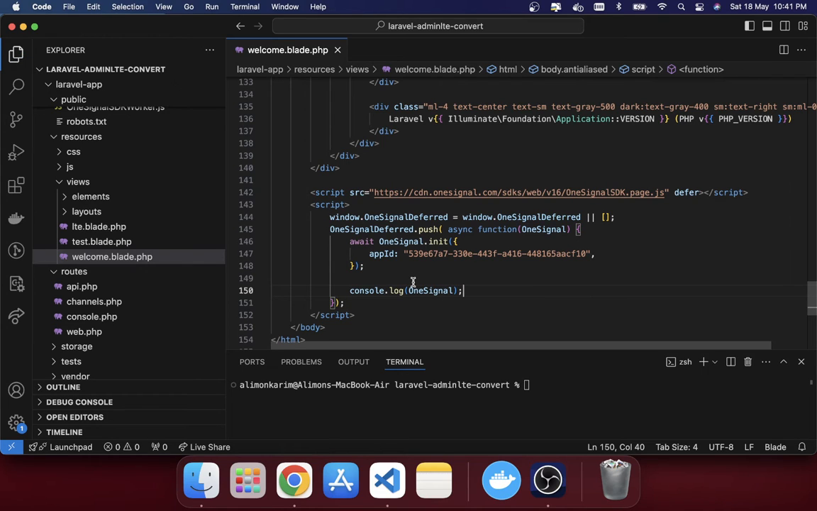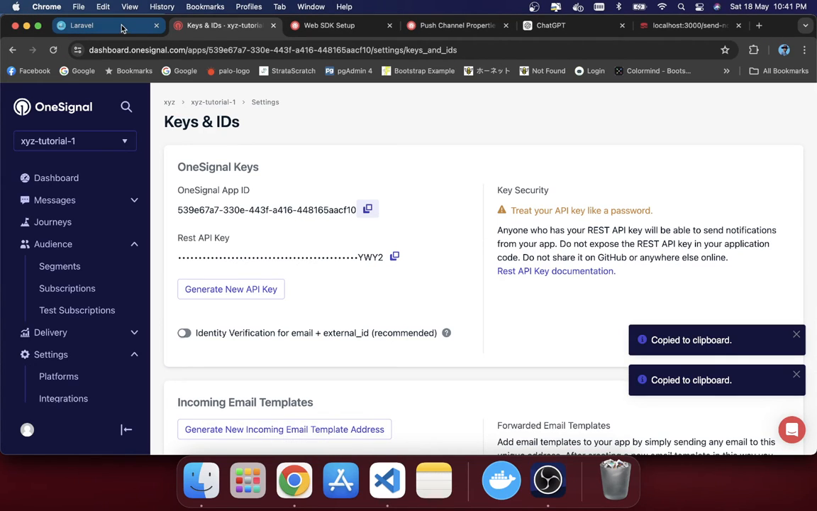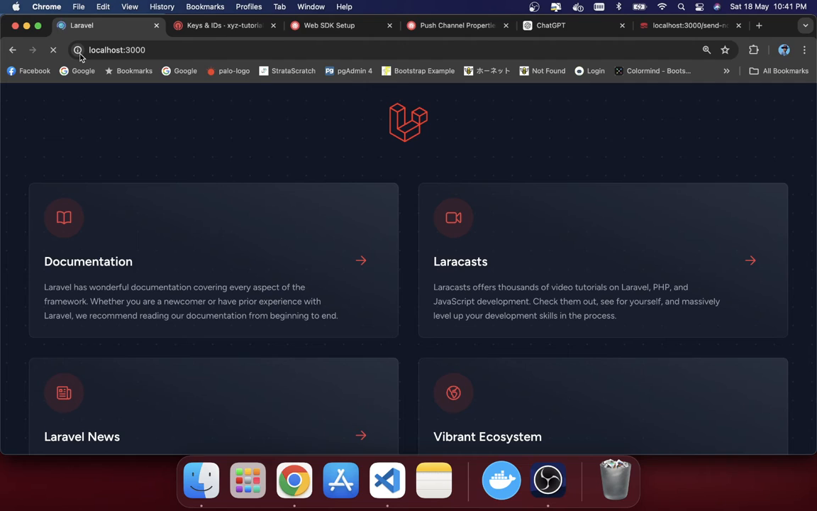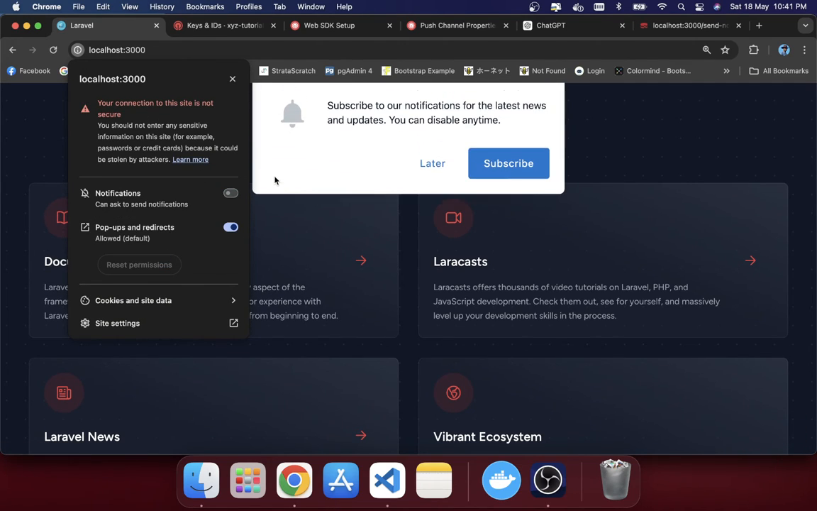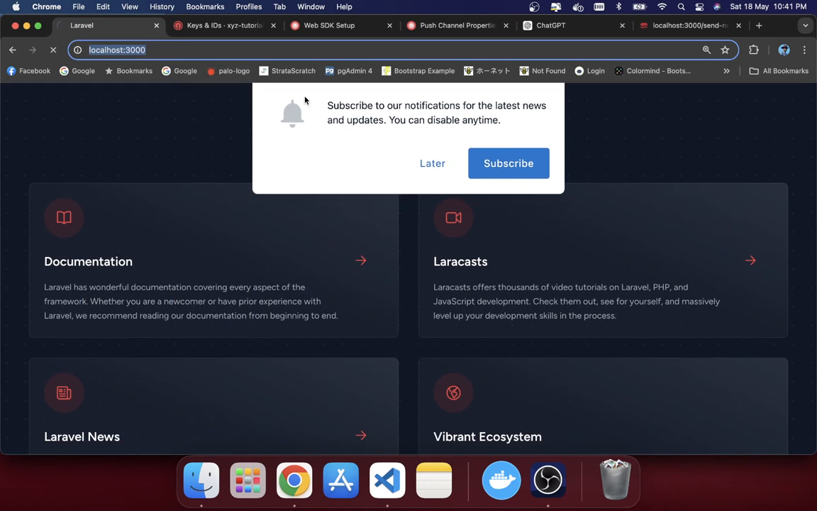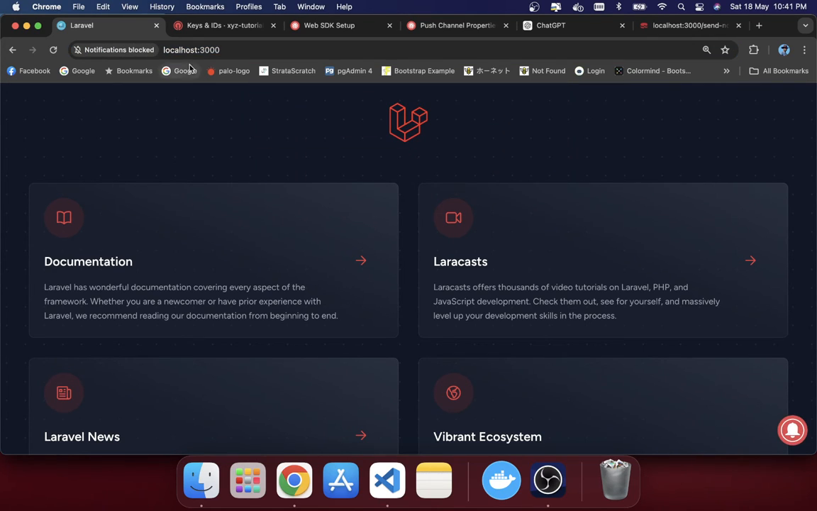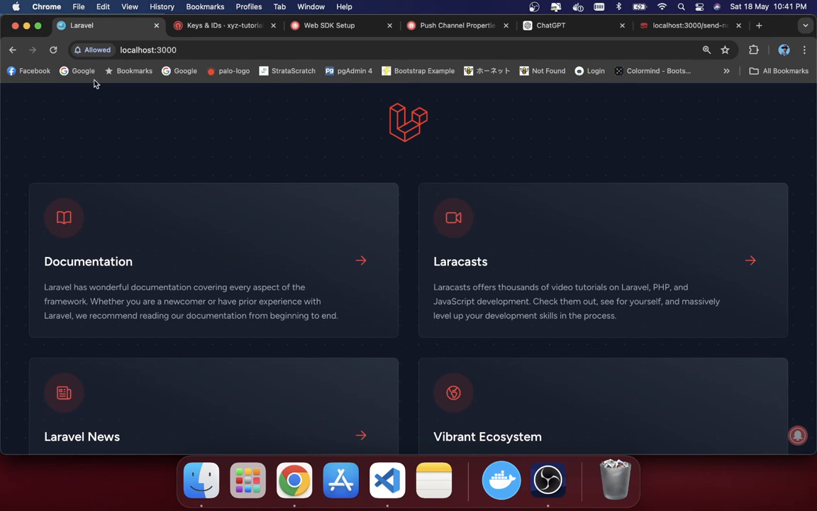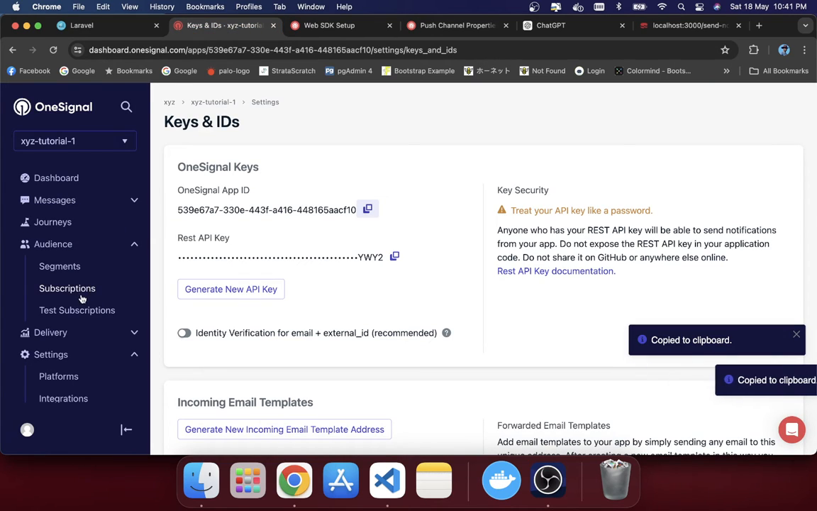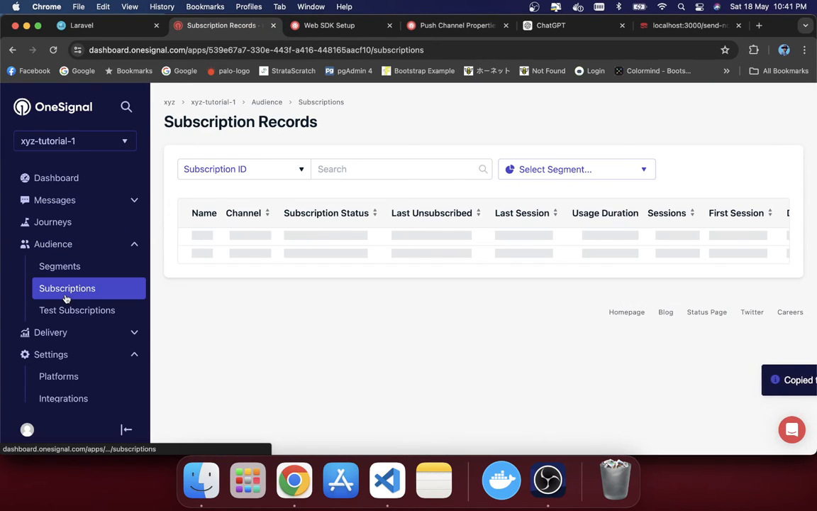So save it, go in here. Before that, I will reset the permission because I tested it a few times ago. So you can see they have given you this subscription pop-up. After you subscribe, you will see notification is blocked, so you need to allow this. Now if you reload the page and go in here and check the audience and subscription,